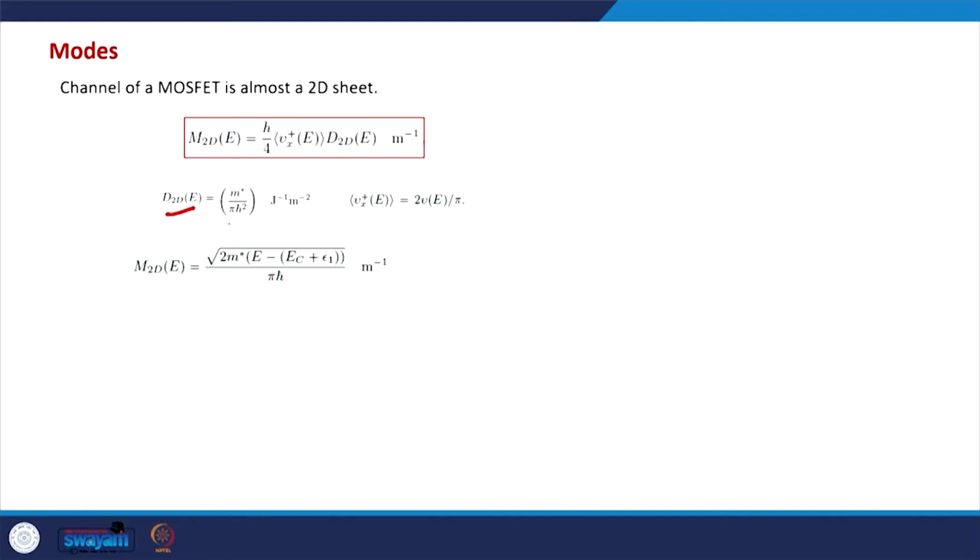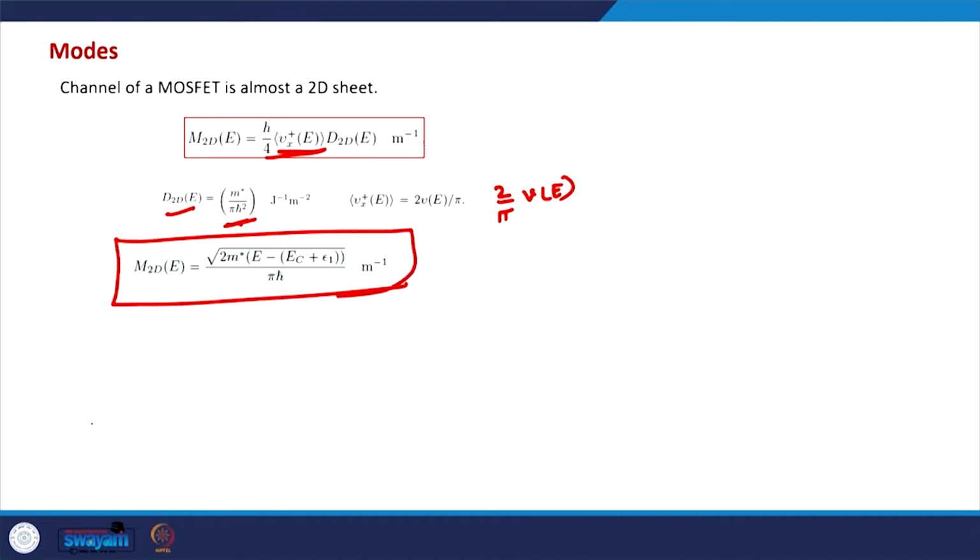The density of states is given by m star by pi h bar square, and the average velocity, this average is taken over the angles, this will be given by 2 by pi times v(E), and if we put these expressions together, then this is what we obtain. So, the modes in a 2D channel is square root of 2 m star (E minus EC plus epsilon 1) divided by pi h bar, where this epsilon 1 is the energy or the ground state energy